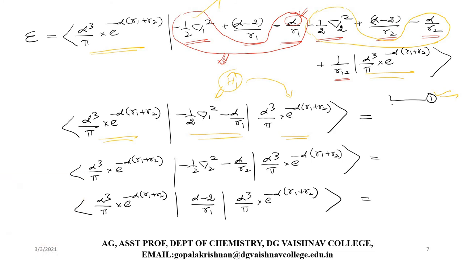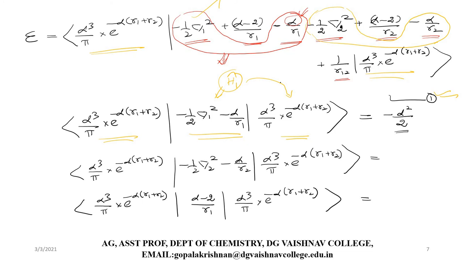I am not going to solve the integral; instead I am going to give you the value of the integral directly, but it is very easy to do. If you apply this Hamiltonian operator on electron 1, we will get minus alpha square by 2. In atomic units, this is nothing but the energy of the hydrogen-like ion.